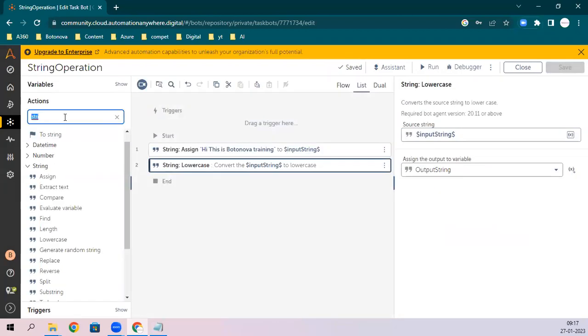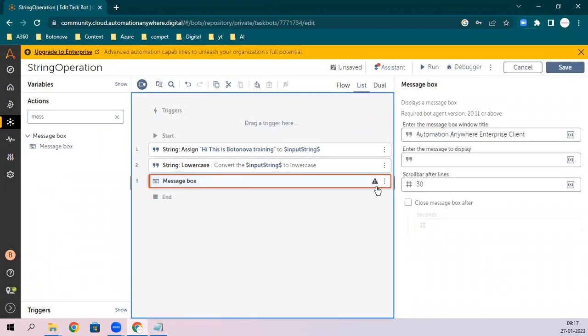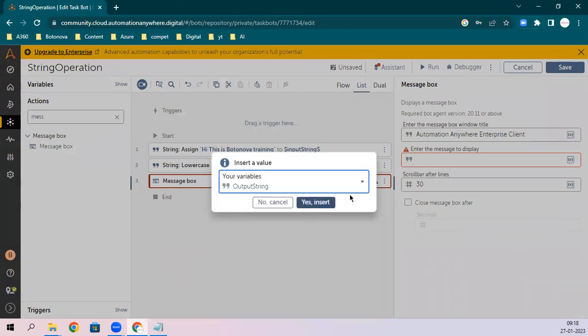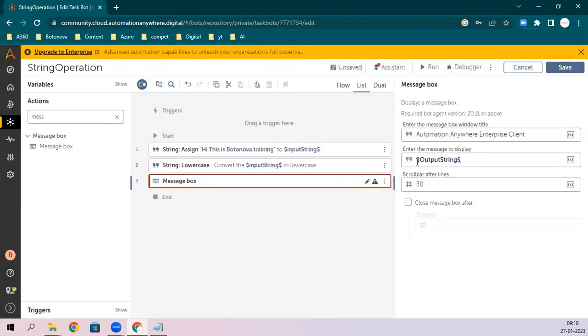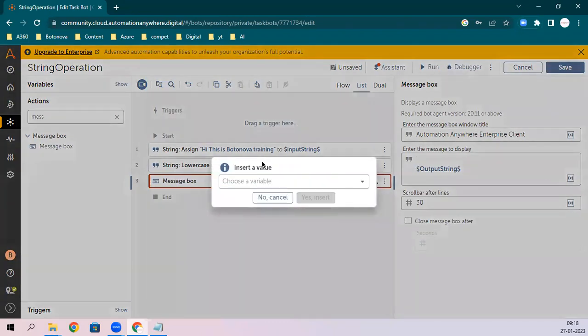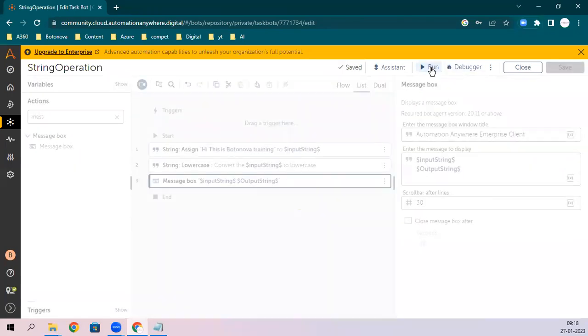Then we can show it in a message box, the output, and we can see the input string side by side to compare it. Okay, so let's run it.